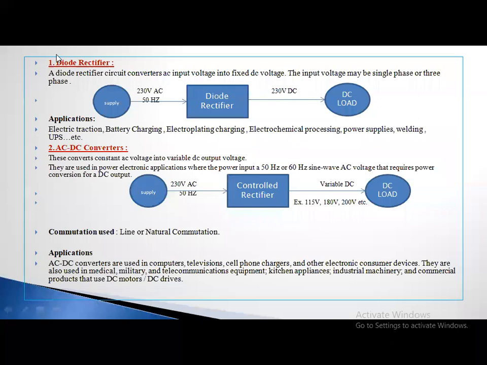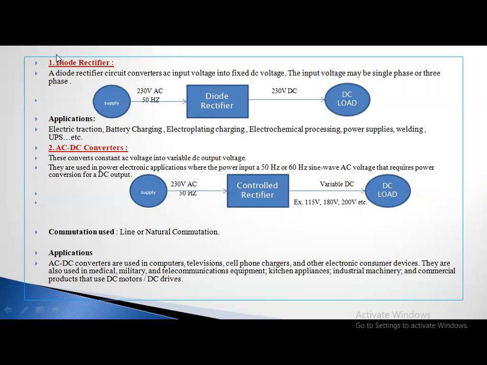Even if you are attending the interview for the IT companies also, they can ask the question, what is the function of motor? What is the function of the rectifier? Even in IT companies also, they will check your knowledge because you are the electrical engineer. Clear? So please remember, I will give the function of each power electronic converter.